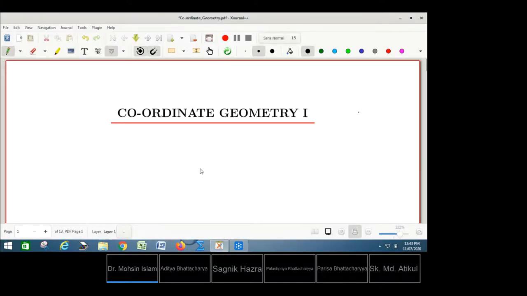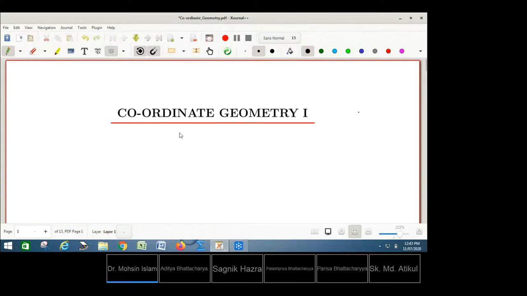Okay, dear students. So today our topic is coordinate geometry. You have started geometry in class 6 or 7, or before that, where you did plane geometry, geometrical figures, angles. You are talking about points, lines, triangles, etc. And already in class 10 we have done a chapter on similarity of triangles. Now you have coordinate geometry.